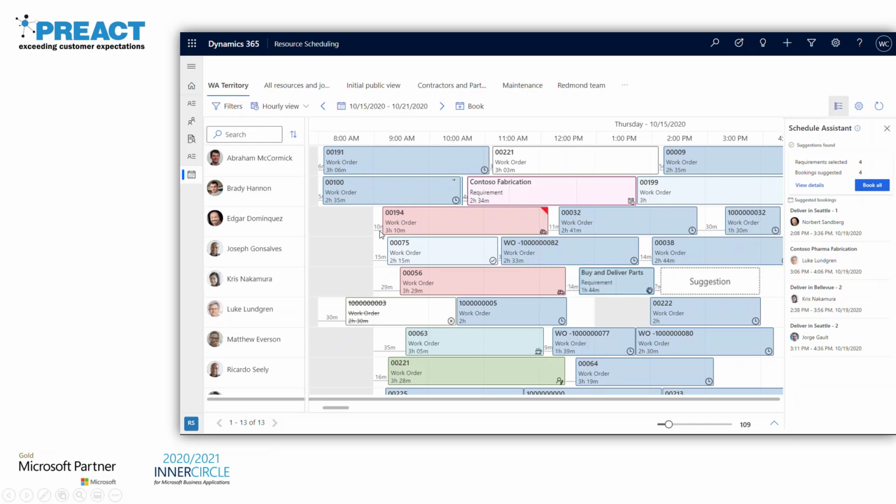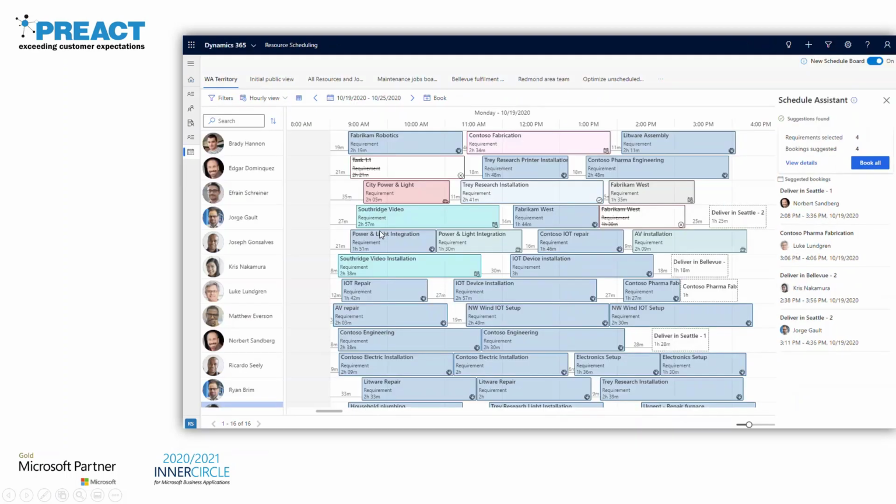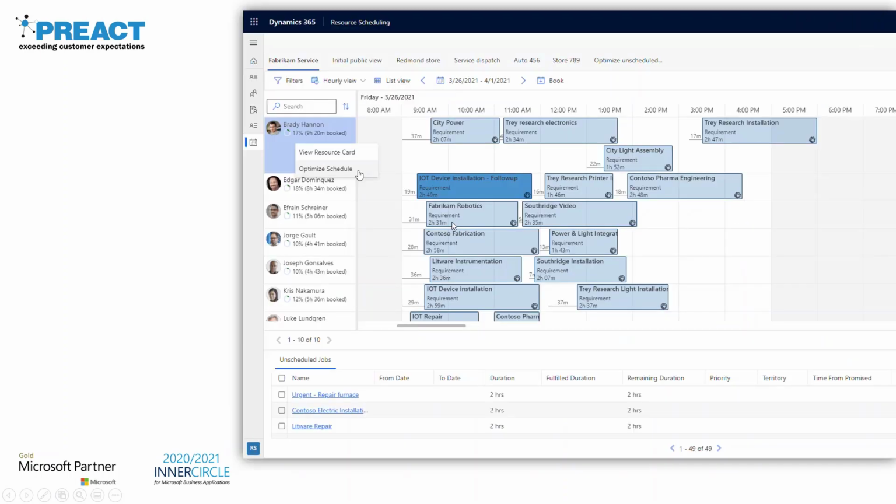If we just go on to the next slide, so again, if we'd selected the same four requirements, but we click the book rather than suggest, basically that will, without any need for any further interaction from the dispatcher, literally create those bookings, again based on the same conditions, but you're not getting that preview beforehand. And then on the next screen, Martin. Yeah. Yep. So here